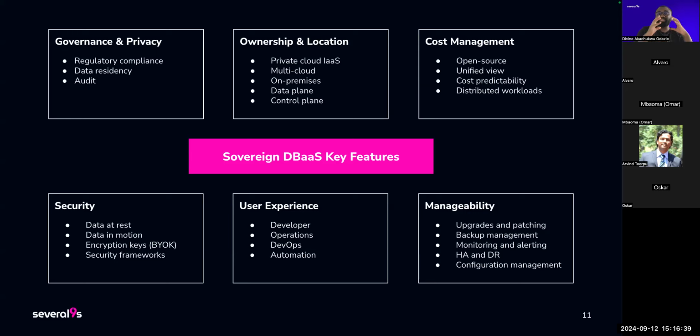So governance is the core, I would say, and we can all agree it is the core. And then the next is ownership and location, where you put your data, because where you put your data helps you meet those requirements. So Sovereign DBaaS allows end users to control the infrastructure, even within a public cloud. So you're not going to be using the managed service, but you can use those instances. It's AWS EC2 instances.